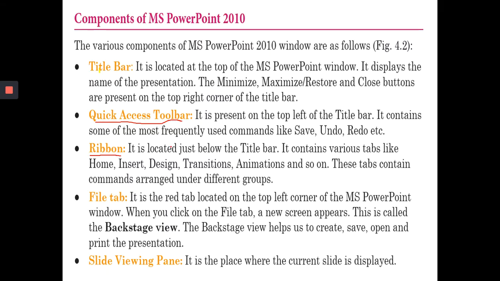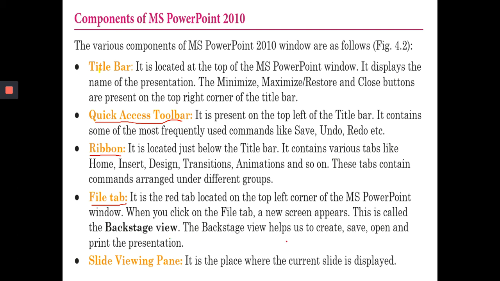Now, the number 4 is file tab. Okay, so it is a red tab located on the top left corner of the MS PowerPoint window. And when you click on the file tab, a new screen appears. This is called the backstage view.